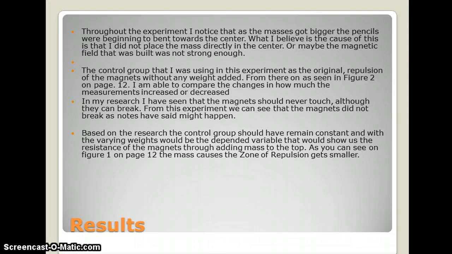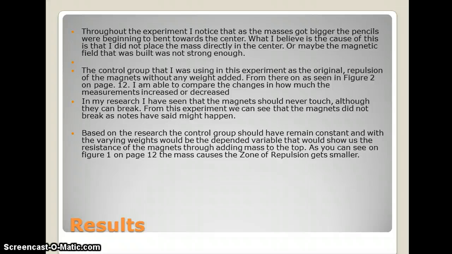The results. Throughout the experiment, I noticed that as the masses got bigger, the pencils were beginning to bend towards the center. What I believe caused this was not the poles exactly, but the mass that you were adding on top. Because they were bending, the sides of the magnets were willing to touch each other, although the actual top was not. Every single time that I conducted this experiment, when placing the 500-gram mass on top,